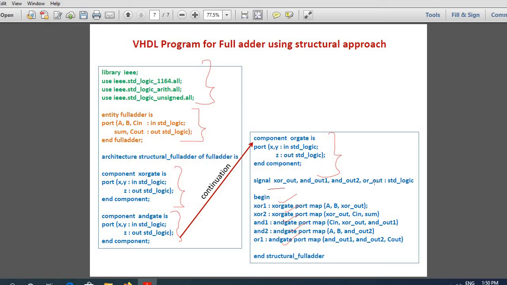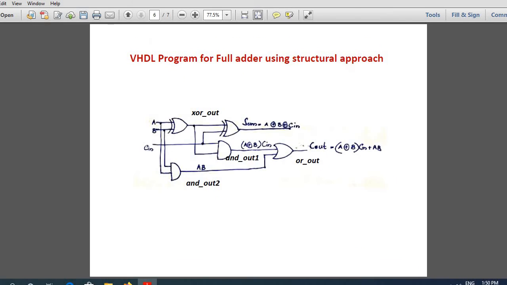Now what is this signal declaration? Here my input variables are A, B, C in. My output is sum and C out. But the components need to be connected to each other, right? So here I need to give a name for my signal out of this component. I need another signal here, but it is not a signal, it is sum. So no need for signal here.